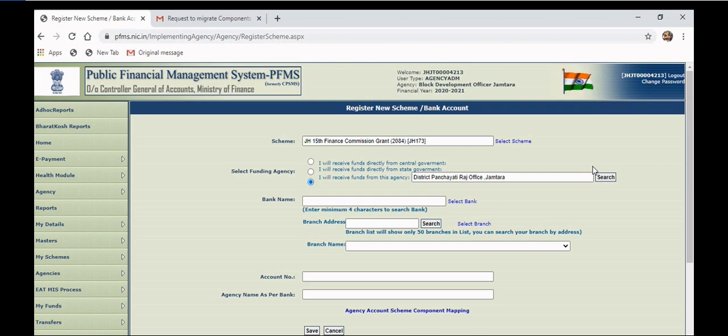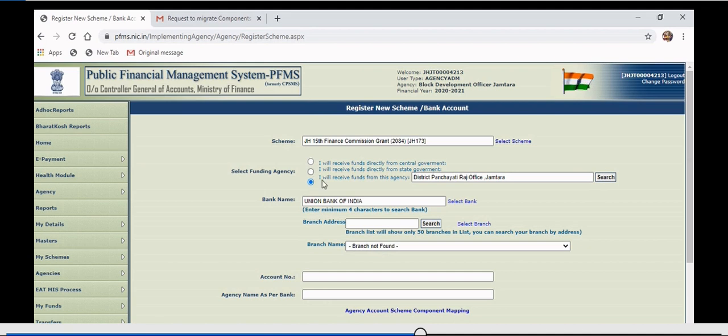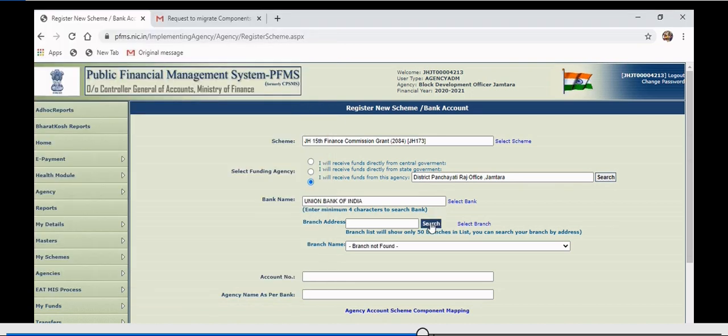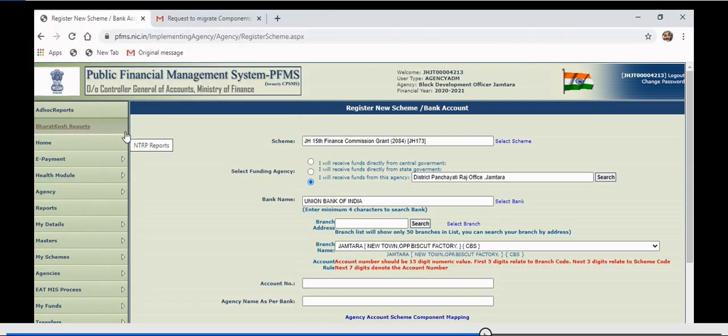Next you'll select your bank. Get your bank, you'll select your branch, then you'll have to put down your account number, agency name, and map the components.